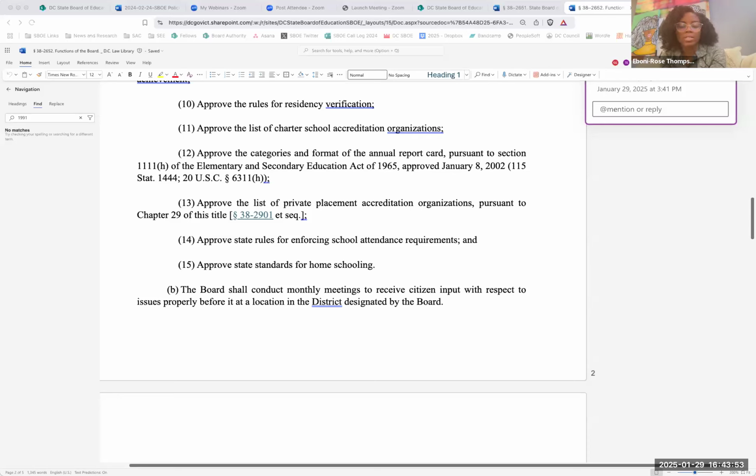One question I would have is, what is the relationship between the education standards writ large and the homeschool standards? Or is there something we should be doing to make sure there's alignment there? I will note